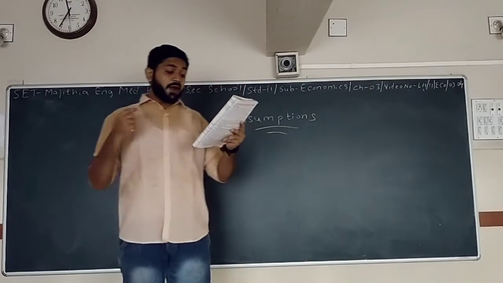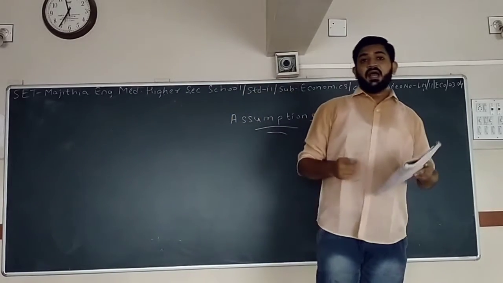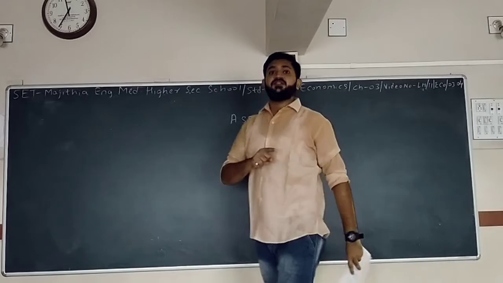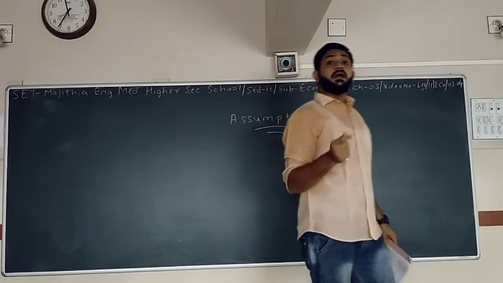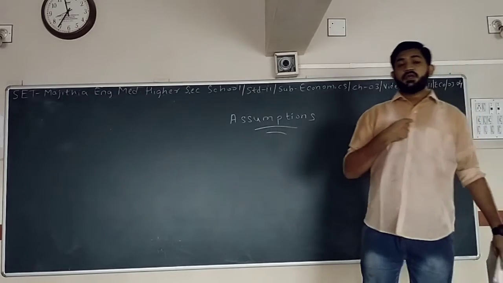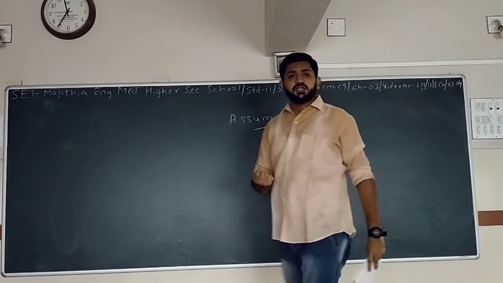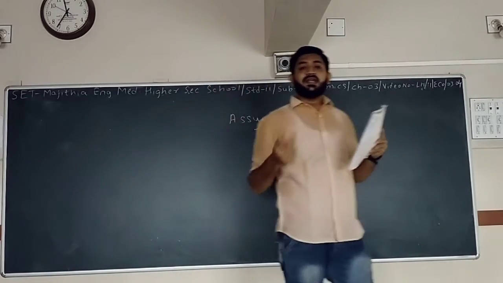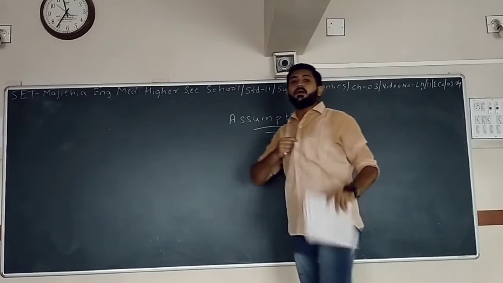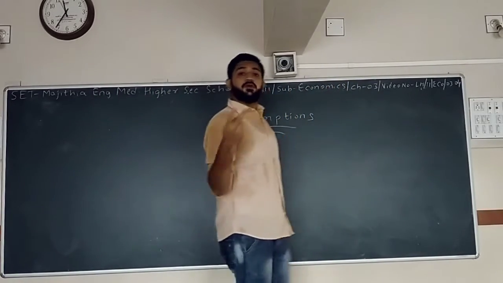Number 3, price of the substitute and complementary goods remain unchanged. I already explained this to you in the first lecture. Substitute goods means the alternative goods. Suppose now I am wearing a shirt, so the substitutes of shirt are t-shirt, kurta, like that. So the top wear part, if I am talking about the shirt, then t-shirts and kurtas are all the substitute part.